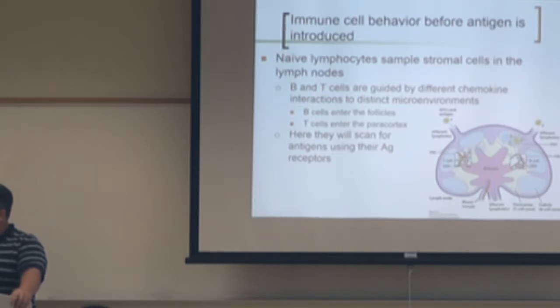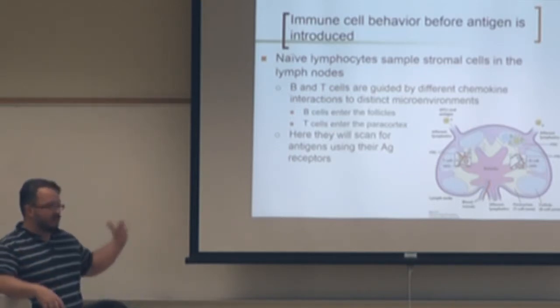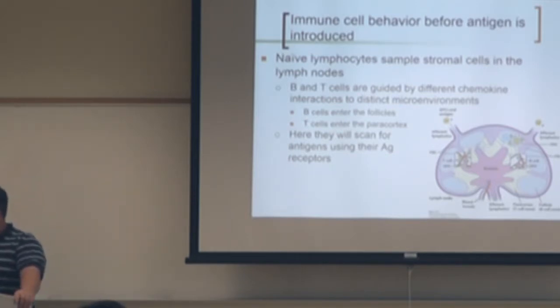But then the area that they go to will express the ligand for their chemokine receptors. For example, T cells express CXCR5, and the ligand for that is going to be in the T cell areas. The B cells will then be attracted to the chemokines that are in the follicles. So you're going to get mainly B cells in the follicles, but they're all coming in through the bloodstream through these HEVs. T cells will traffic to the T cell zones, and they will move along